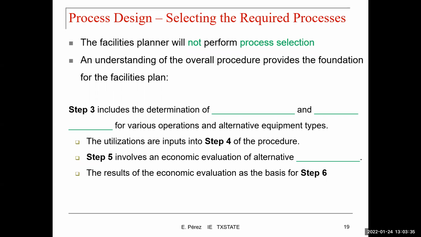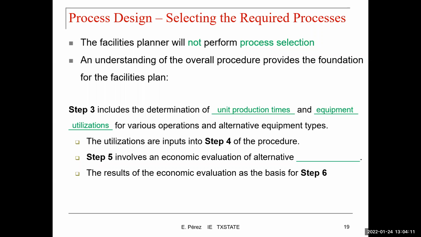Step 3 includes the determination of unit production times and equipment utilizations for various operations and alternative equipment types. So now we are looking at computing the number of units that we will have to produce in order to get to a certain amount. Remember that if you plan for getting 1,000 units, 1,000 good units to be delivered to your customer,